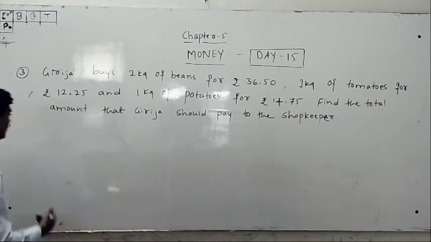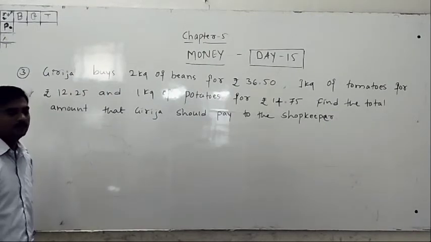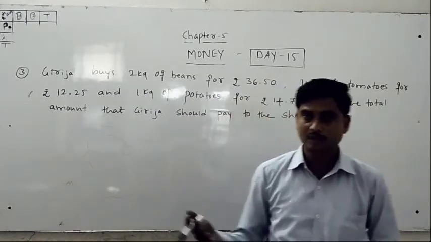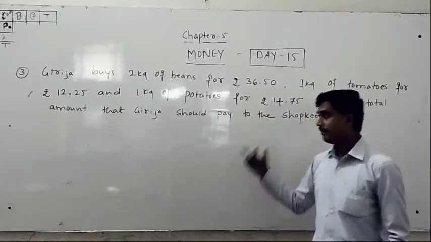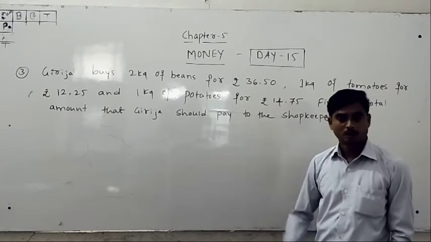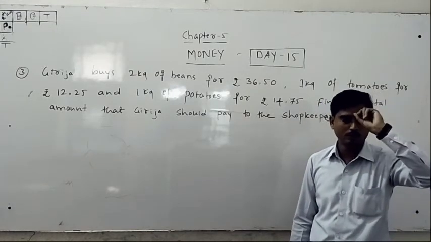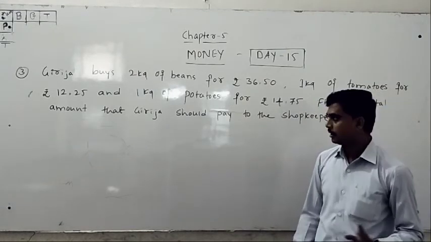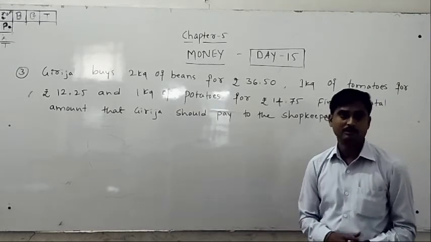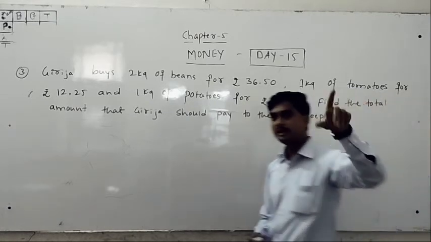First of all, you should write: total amount is given means that should be addition. Directly go read. How to do addition and how to know subtraction: if it says what is left amount, what is remaining amount, withdraw amount is given, these three words mean that you have to remember, that is subtraction. The given total amount, what is the total amount is given, you have to do addition there. Sum also given means addition.